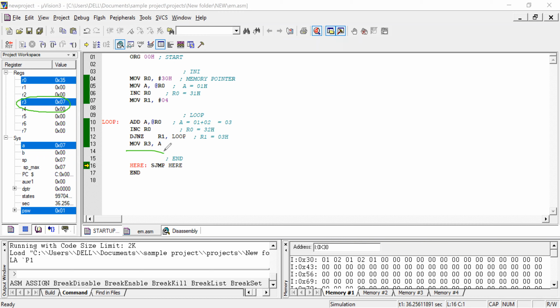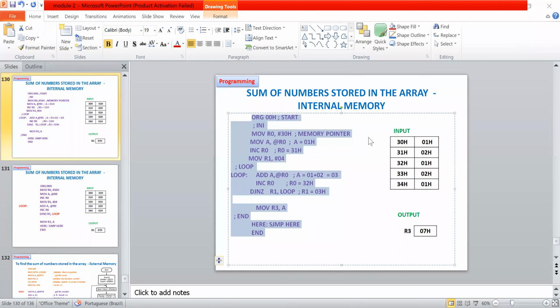Okay. So even I will share the same presentation. So here you can see the output is stored in the R3 register. Okay. So anybody not able to understand this program? Very simple program. So this program I have designed. So no, I don't think so. This is there in the book.